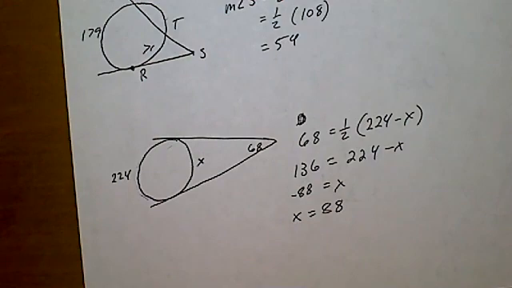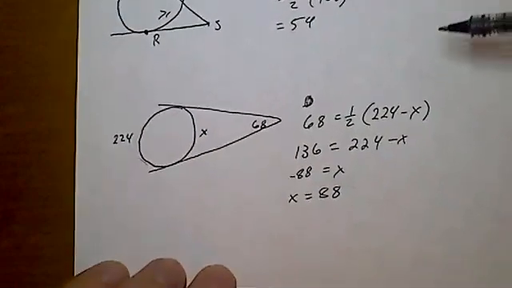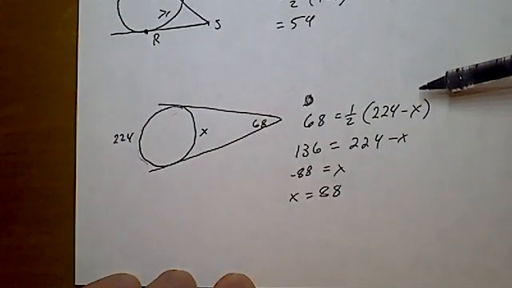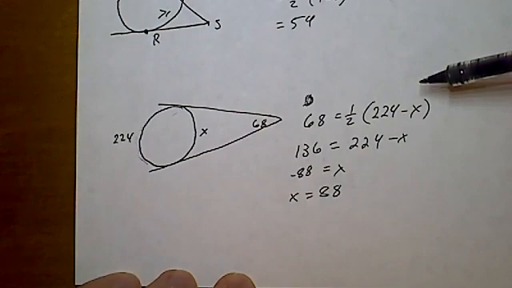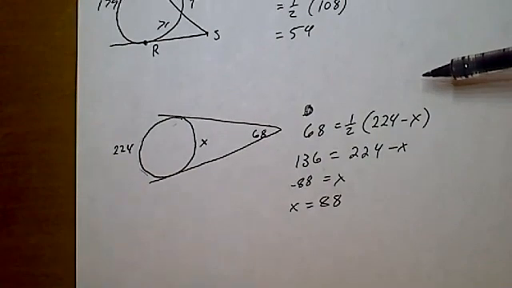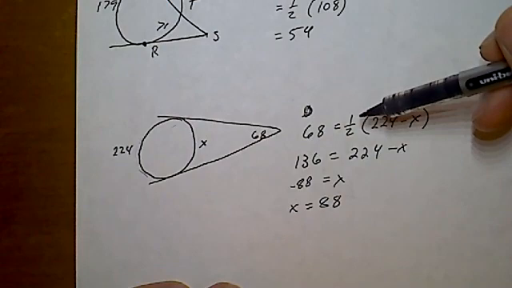Did I write something wrong? Either I wrote something wrong, or the problem I took from the book is wrong, and I'm just noticing that now. So whether you find this helpful or annoying, it fits a different problem we need to look at. And let's just double check to see if I did something wrong. The measure of the angle is